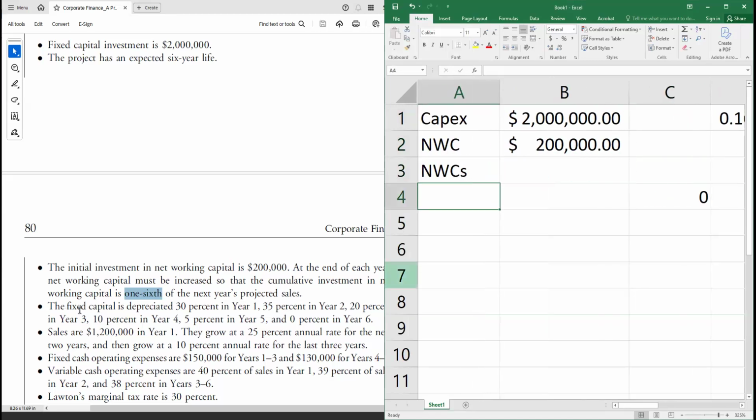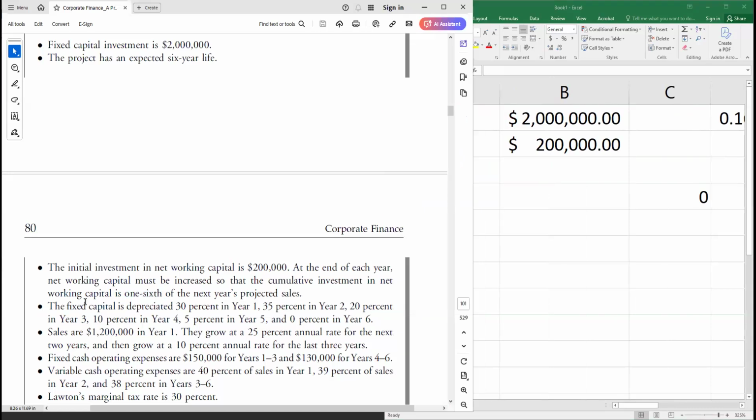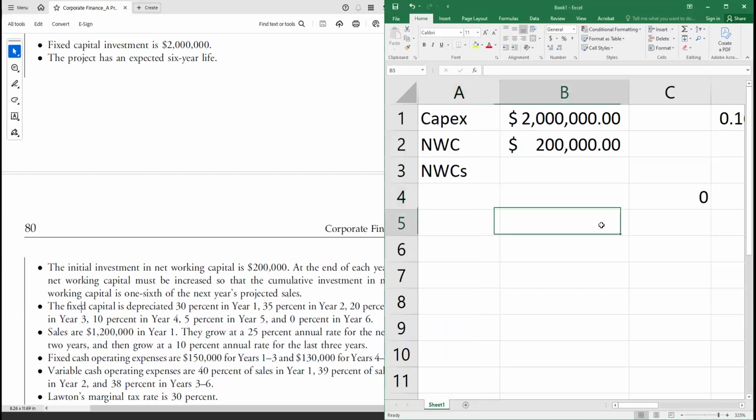Now, it has got some depreciation value. Fixed capital is depreciated 30% in year 1, 35% in year 2, 20% in year 3, and 10% in year 4, 5, and so on. And in total, the depreciation is 100%. So I'll put the values here as, let me,